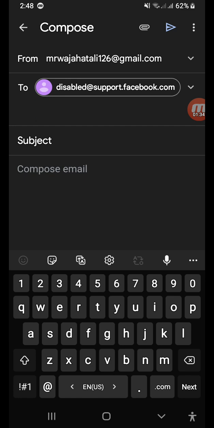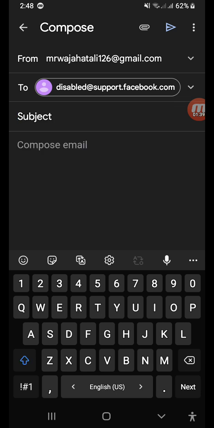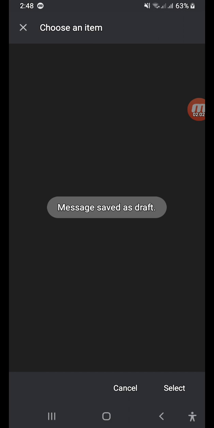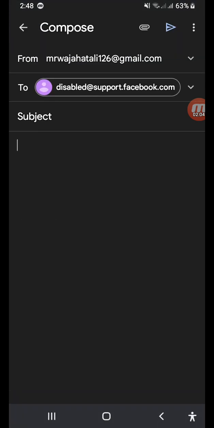You have to put that, and you have to write a subject to them like my Facebook account has been disabled, so please. You can compose a lot of information right here, like how your account was disabled. So you can put a small description right here and attach some files from here, like your CNIC, your education detail, and maybe credit card, debit card, etc. So attach these things with